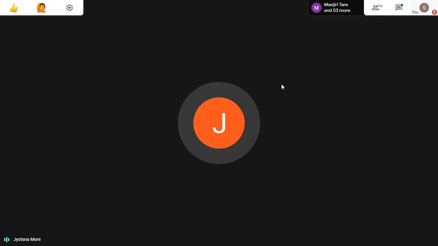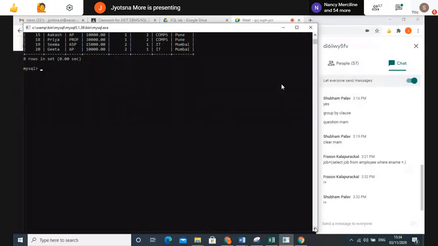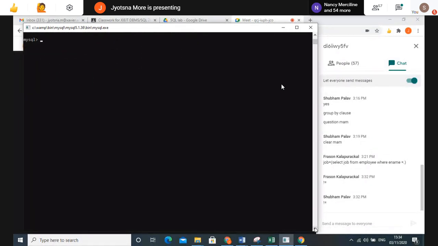So we require here select, what do we have to select here? Employee name. Now, when I require a specific attribute from a specific table, what will I do? I will write that attribute name with the table name, so that it is clear that I require this attribute from this particular table only, right?